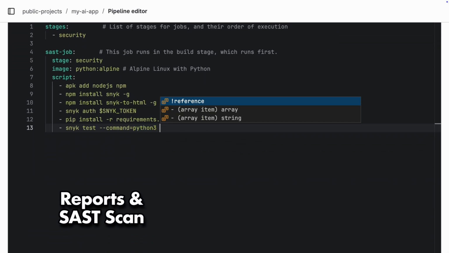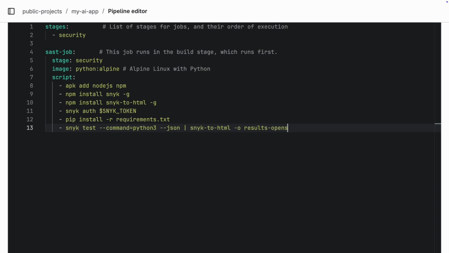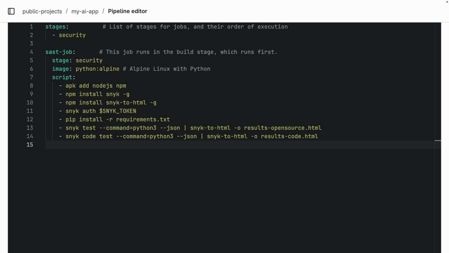First, let's add some reporting by including a parameter for JSON format, and then piping that output to the HTML reporter. And the next line is where the magic of code scanning happens. While the open source scan checks things like if your dependencies are outdated, the code test parameter actually digs into your code to find security vulnerabilities, like missing input sanitization that could lead to remote code execution or path traversal